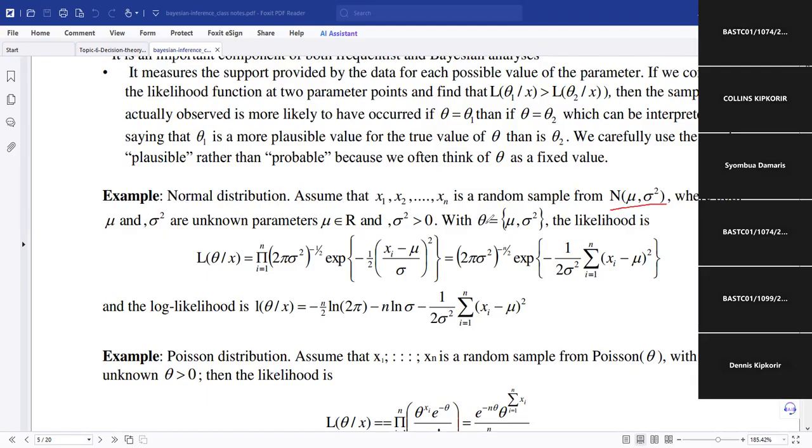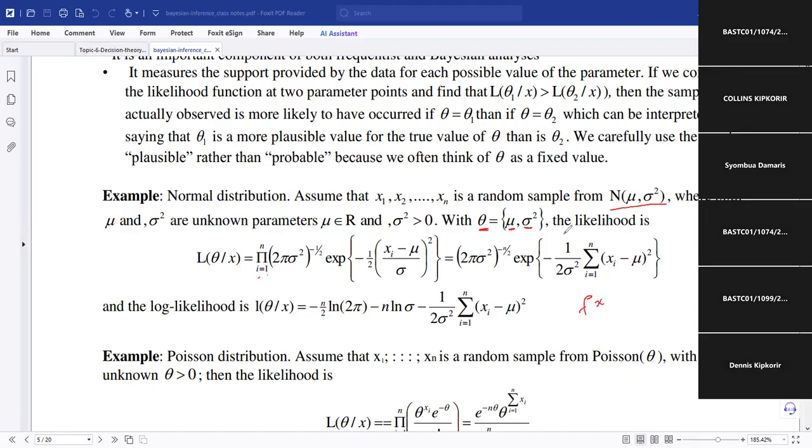Now our theta will be composed of 2 parameters, the mean and sigma squared. So the likelihood is given by the product from i equals 1 to n of our probability distribution. So if you check the probability distribution, f(x) given theta,